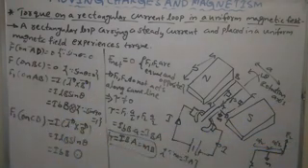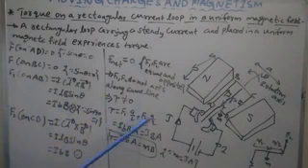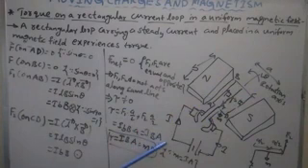Then the resultant torque acting on the coil is F1 into a by 2 plus F2 into a by 2. How much is it? F1 is I B b, the force experienced by a conductor in a uniform magnetic field. AB part is I B b, and F2 is also I B b, with a by 2 plus a by 2 giving a. Then I B b into a equals I B into a times b, length into breadth. Capital A is the area of the coil. Then torque is equal to I B A.